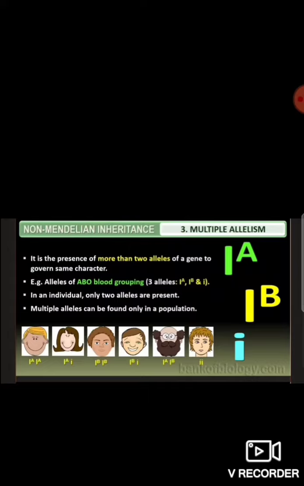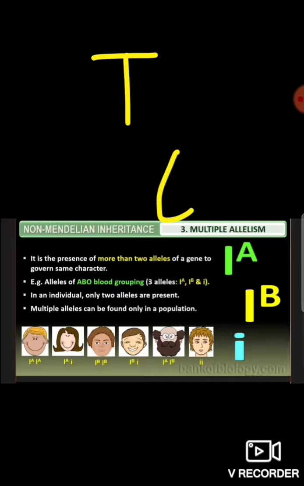So what is multiple allelism? It is the presence of more than 2 alleles for a gene to govern the same character. That means for one gene, as I said, there will be 2 alleles. For example, height. Height is a character, it is one character. So for height there will be